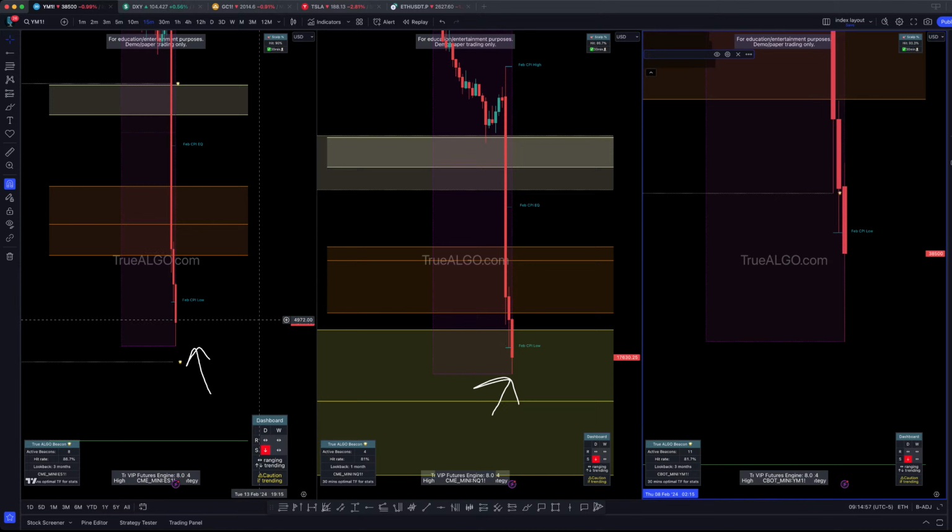Until this candle closes below that box, until this candle on the left side of your screen for the ES folks, until you close below this box, this is as low as we should go during this CPI release before flipping bullish, okay? So that's what we want to see hold and then get a bullish close, and then we can look for markets to start to reverse bullish, especially going into the New York Open.